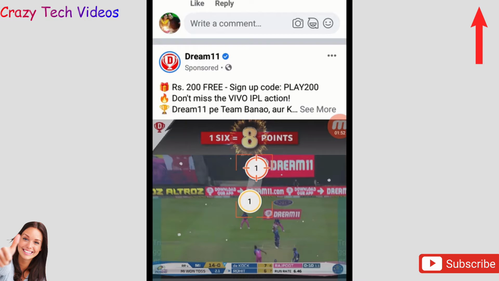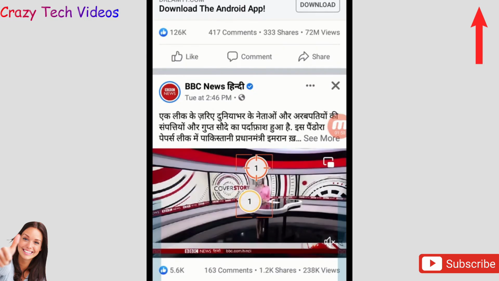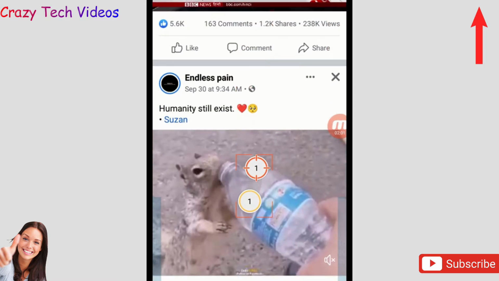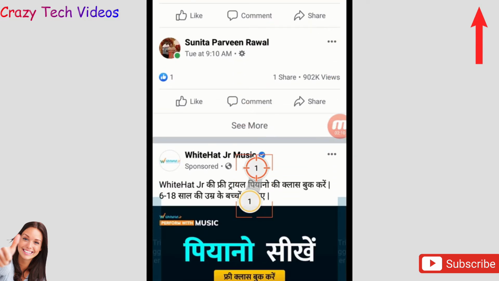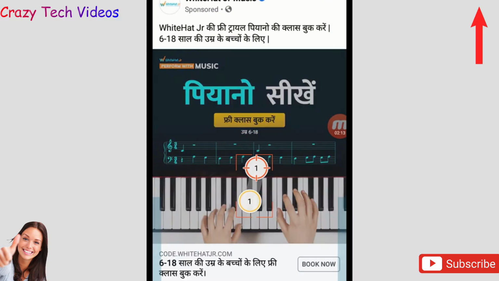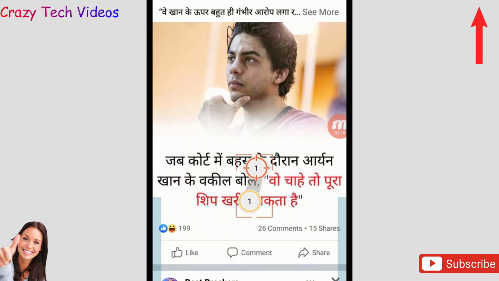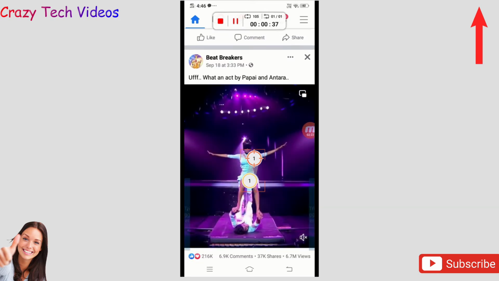See this? It's scrolling down. I'm not doing anything. It's automatically doing that for me. And you can use this application on Instagram, Facebook, YouTube, anywhere. That will be really amazing for you. You can also increase and decrease the speed of your scrolling. You can make it slower or faster as well. So that is a really amazing application. You must try this one. You will get the link in the description.